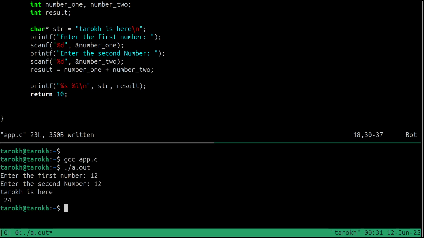do some simple arithmetic, which you can do in every programming language. In the future videos, we will see different data types. In the next video, we're going to talk about data types and different type specifiers and what exactly they are, like %d, %s, %i. And you will see how you can use them to write more